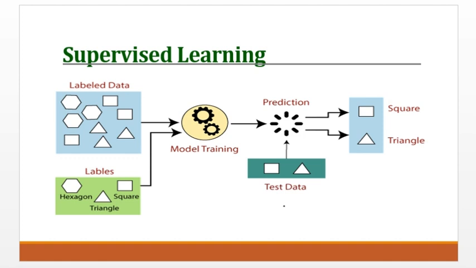For example, we have email spam detection. It is to classify emails as spam or not spam. Or we have a disease diagnosis where we predict whether a patient has diabetes, and based on that we determine the medicine that is given to the patient. Here in this diagram we have labeled data and we have labels. They both are combined, and used to train the model and create a prediction.